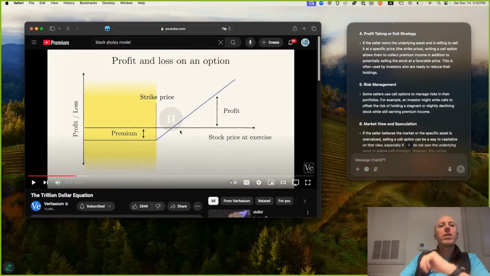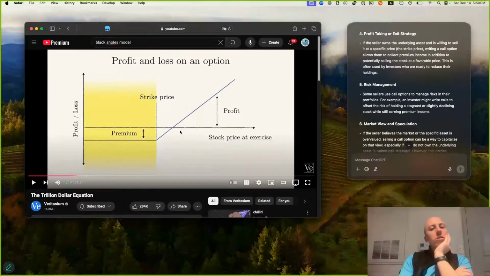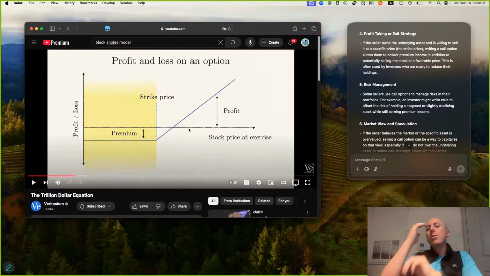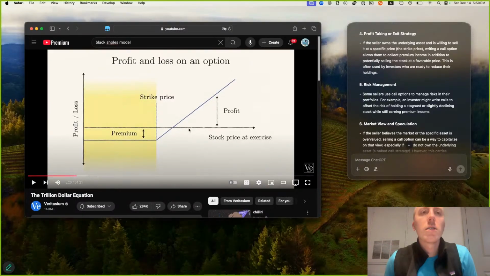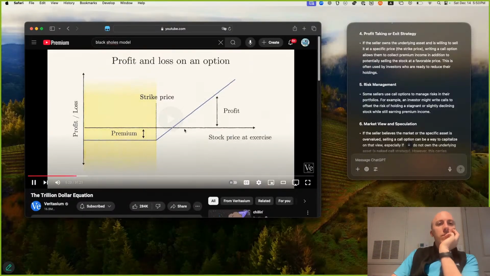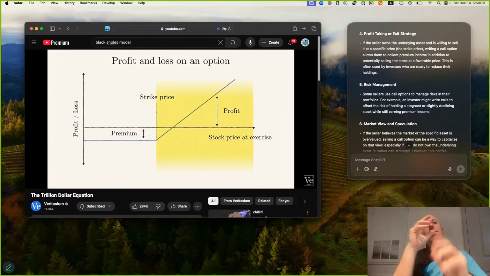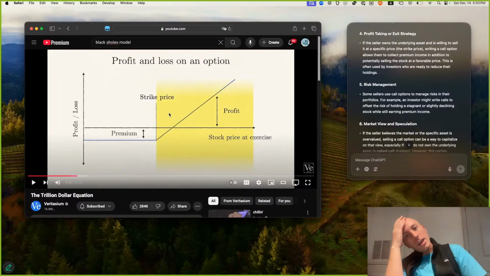Use what you paid for the option. Just different areas to stream because I feel like I can only do one section on one topic once a day. I can't do multiple things on the same topic, but maybe I can do multiple things on different topics. But if the stock price is higher than the strike price, then you earn that difference minus the cost of the option. Yeah, I want to understand this.